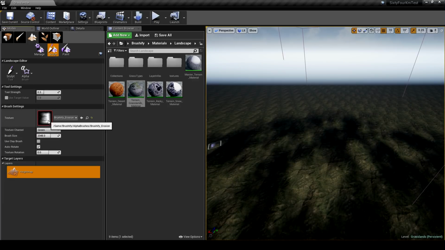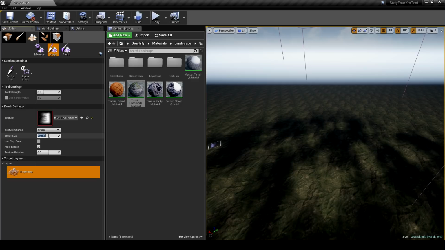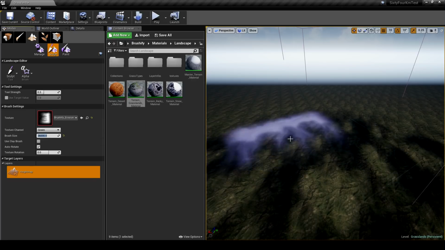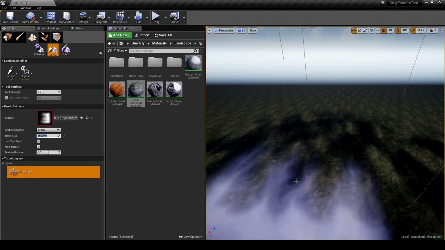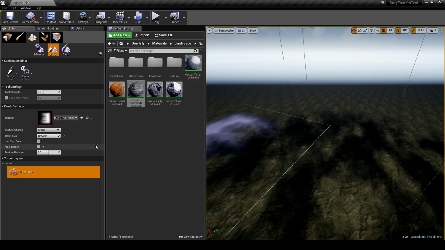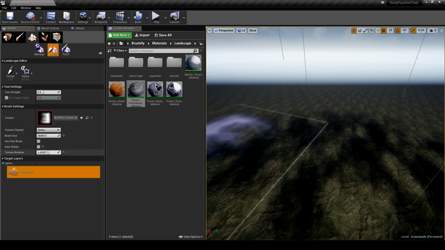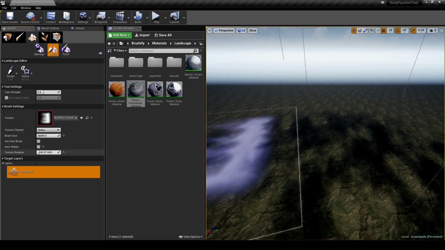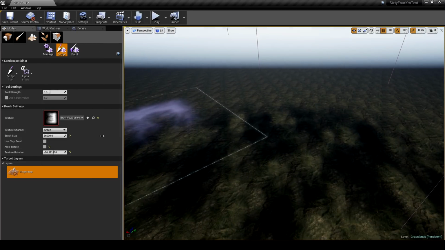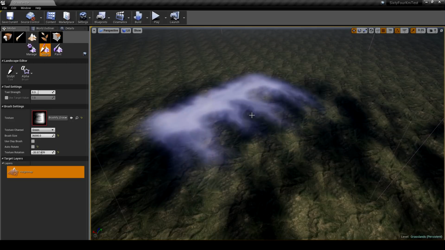And I'm going to set the brush size a little bit higher. And as you can see, as I move the brush around the terrain, it's sort of rotating in the direction of my mouse cursor. So to disable that, just untick Auto Rotate. You can now manually change the rotation using the Texture Rotation slider. So I'm just going to move the content browser a little bit out of the way so you can see a little better. So if I click on the terrain now,